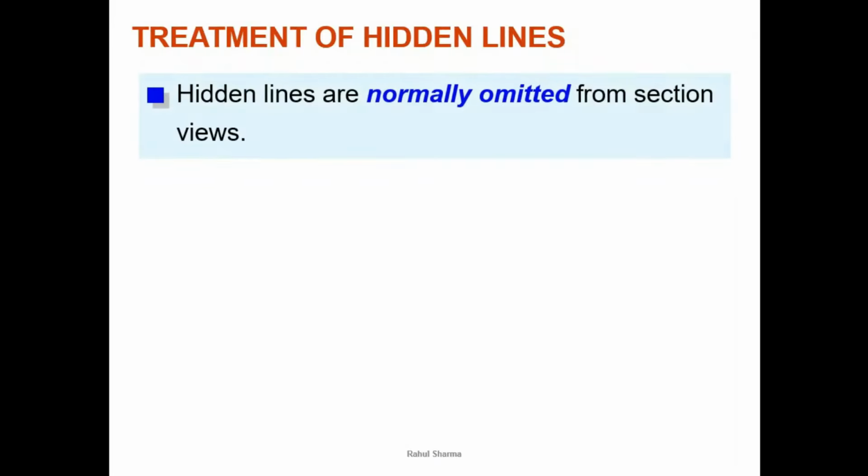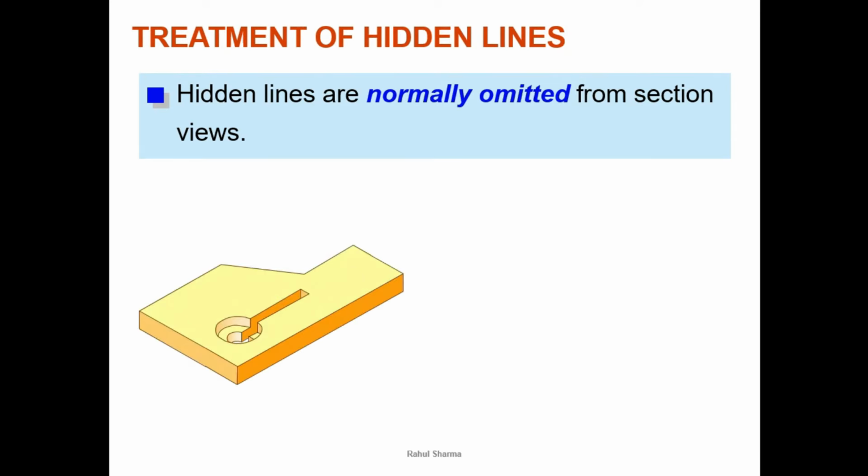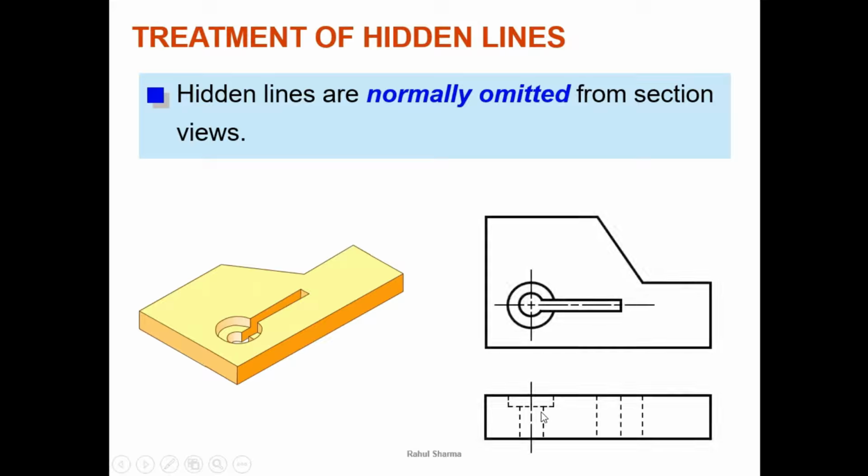Now what about the hidden lines? Whenever a hidden line is coming inside the hatch pattern, we should omit that. What was this rule? Now let's say this is our object and it is having a circular groove, and then a straight groove is there, behind our edge is there, and this edge is there. So what will be the front view of this? This internal hidden lines for this part, and hidden lines for this and this edge, 3 hidden lines, one for this, second for this, and third for this.